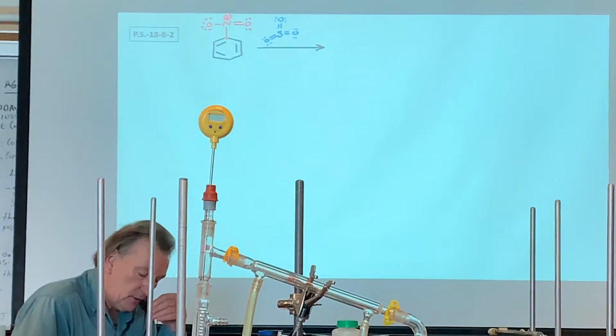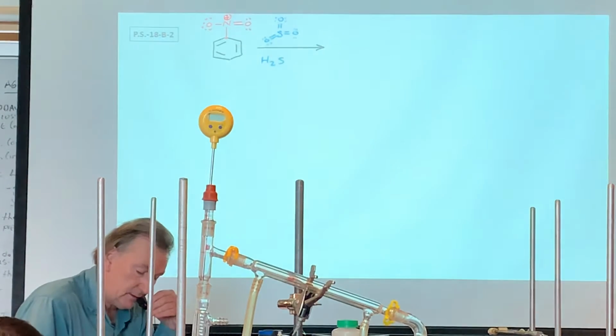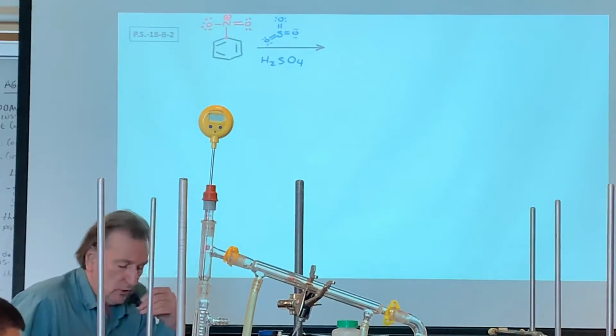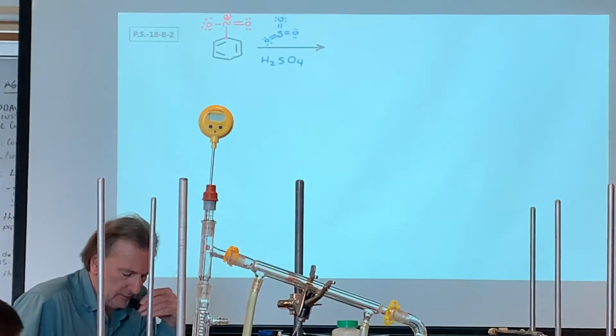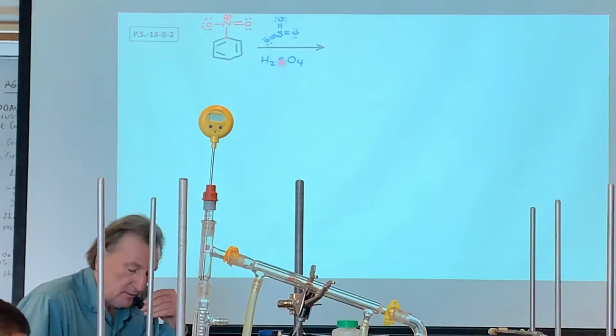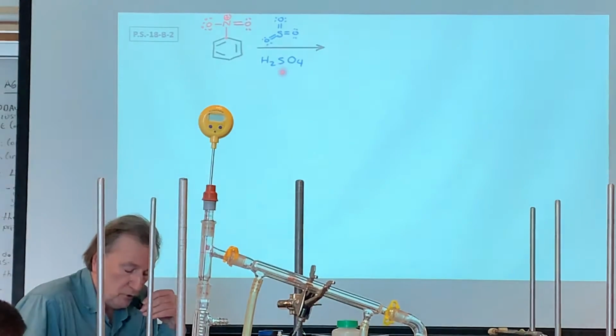And then you're going to use sulfuric acid. Fuming, right? Very strong. So really, fuming sulfuric acid means you have sulfuric acid, the one you're familiar with, very concentrated, and if you steal, so to speak,